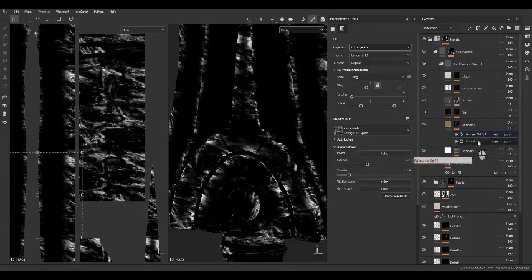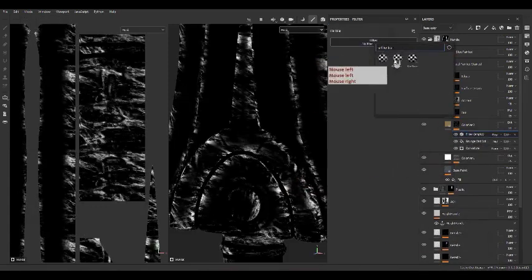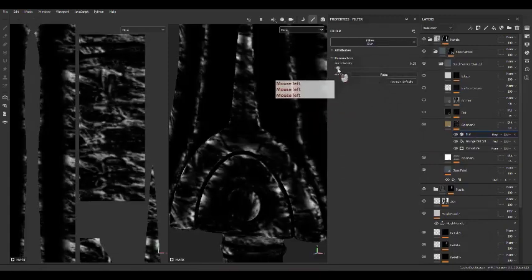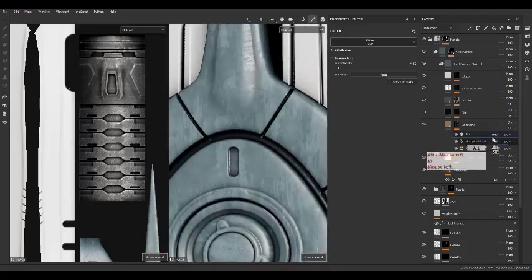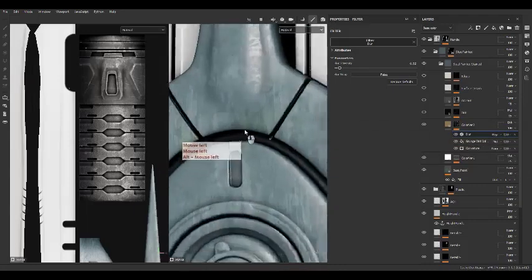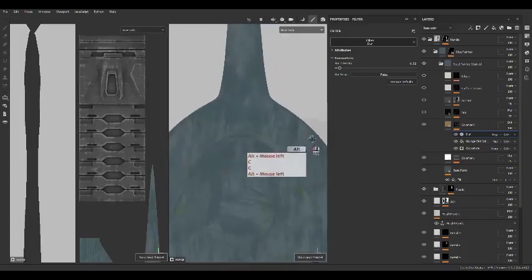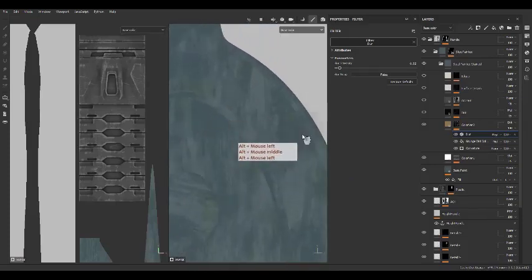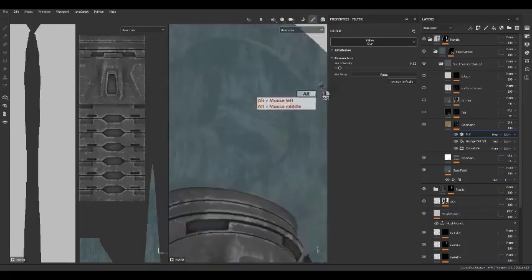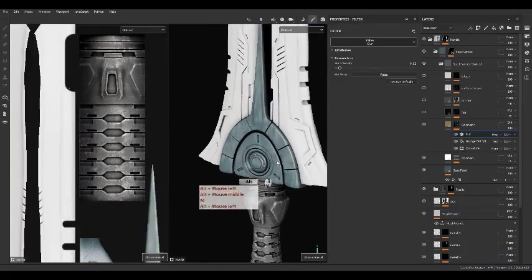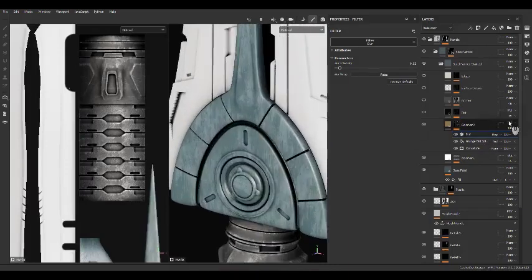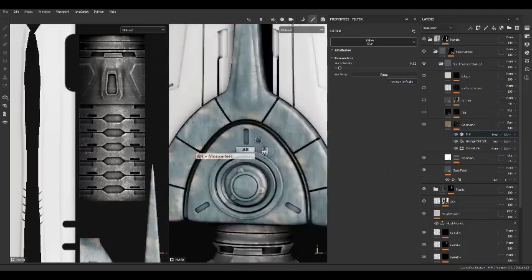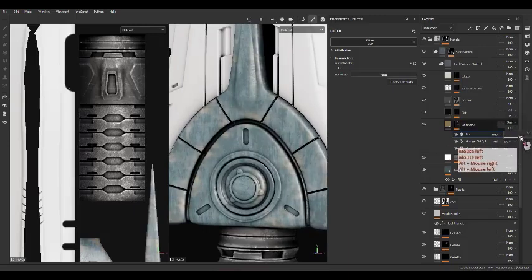So we can add a filter like blur. Okay, like this. And yeah, we have some yellowish or orangish color variation inside our color. So now we can play with the blending mode again to see what is the result. Okay, I think a screen is good. And if we decrease the opacity,